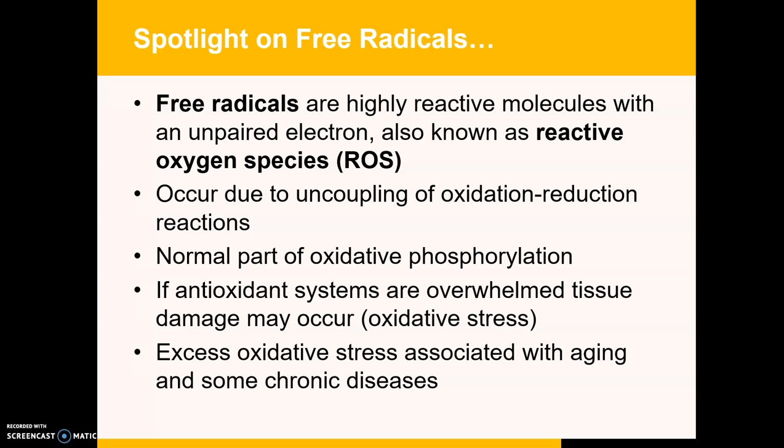So actually what are free radicals? Electrons are traded between molecules in the course of oxidation-reduction reactions, particularly in the Krebs cycle and the electron transport chain. In some instances, individual electrons may leak out of the process, leaving the molecule with an unpaired electron. This molecule, or fragment of a molecule with an unpaired electron, we call a free radical, or ROS, reactive oxygen species. The formation of a small amount of free radicals is normal wherever oxidative phosphorylation or aerobic metabolism